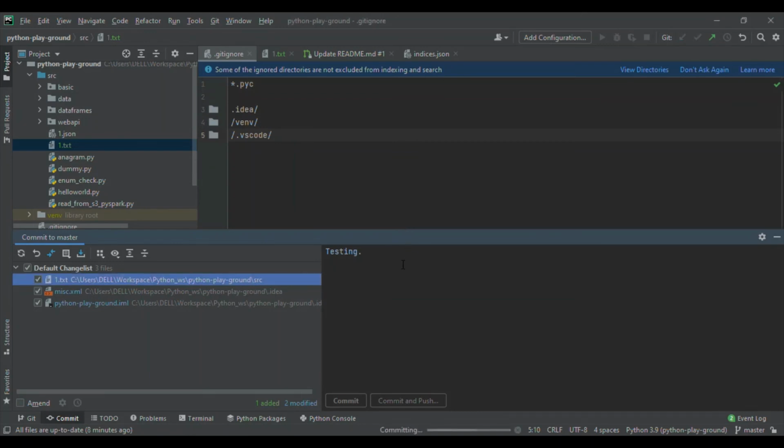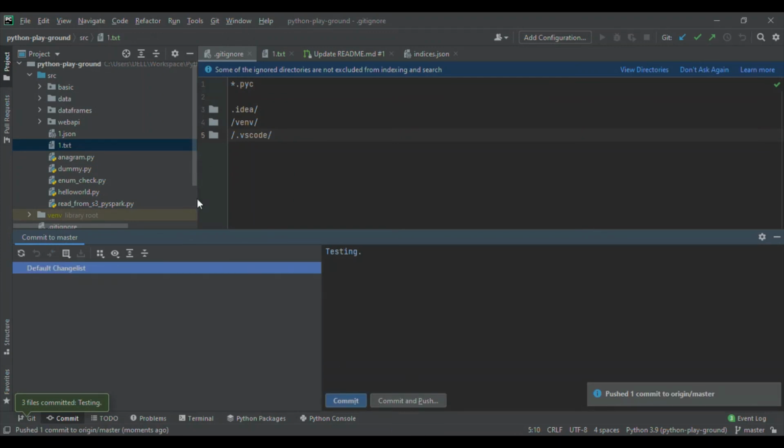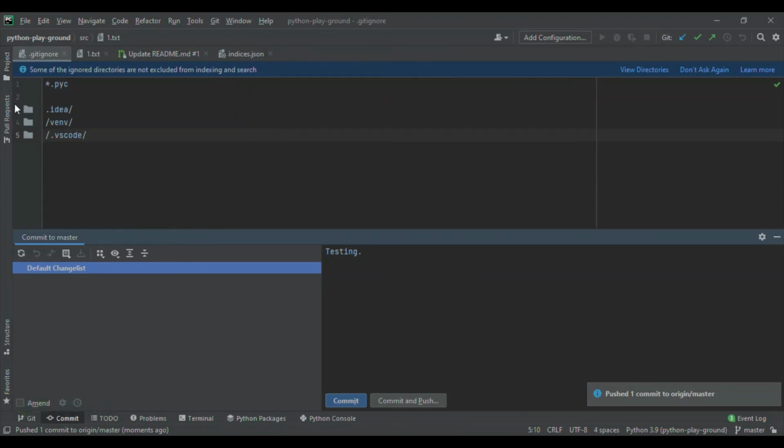Okay, so I'm going to commit and push. Commit has been finished and it is asking me to push. I'm pushing it. Okay, done, success. And I'm going back to the pull request, right?